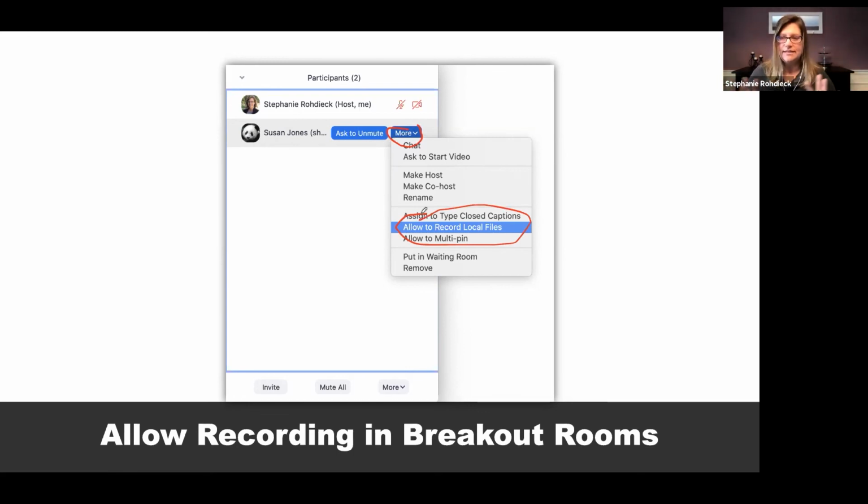Zoom did this because it used to be an automatic thing, and then students were doing kind of funny things, so they added this kind of barrier to the process. But let's say, for example, how I asked you to put asterisks if you had experience. Maybe I already know, in my breakout rooms, I'm just going to assign one person to be able to record. What it does is it will record that breakout room.